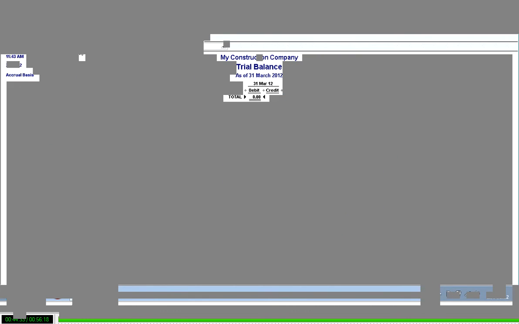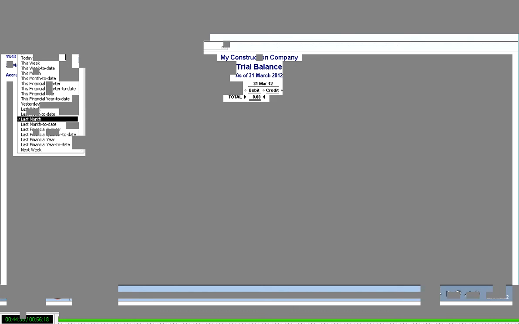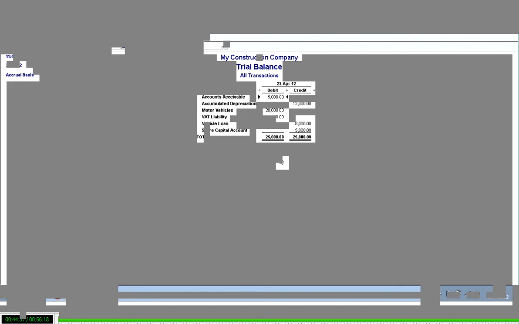What I can then do is go back to my trial balance on QuickBooks by selecting Reports, Accountants and Taxes, and then select Trial Balance. If I change the date range again, once again, you can see how that information has been entered there for me. Now, you can also enter this information by editing the total balance for each customer in the customer list